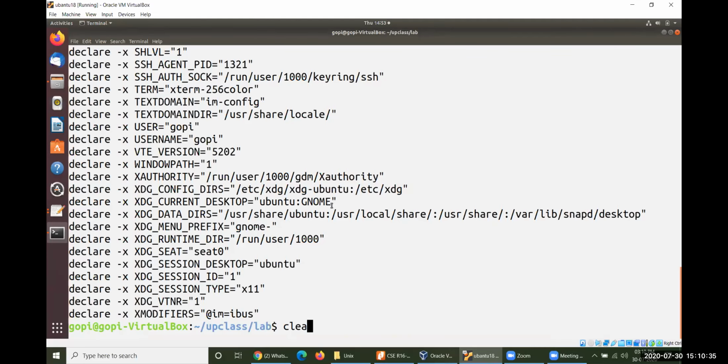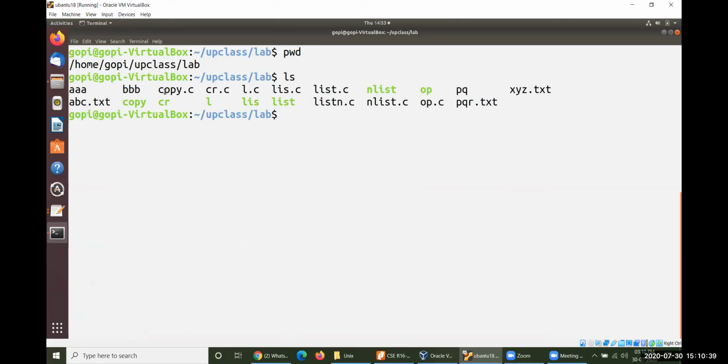If you go ahead with ls, look at this: 1 2 3 4 5 6 7 8 9 10 11 12 13 14 15 16 17 18 19 20 21 files are there here. First, this file will be taken and everything displayed. Second, this file, so it could not be equal to null. A file has been read from the directory, so it could not give you null. So it could be displayed, and so on, up to 20 times the data will be fetched from